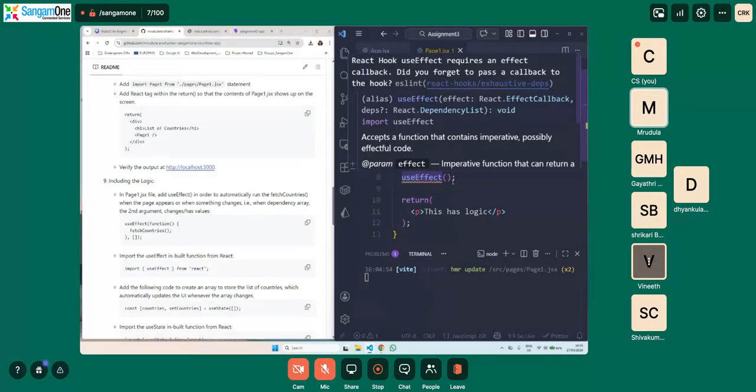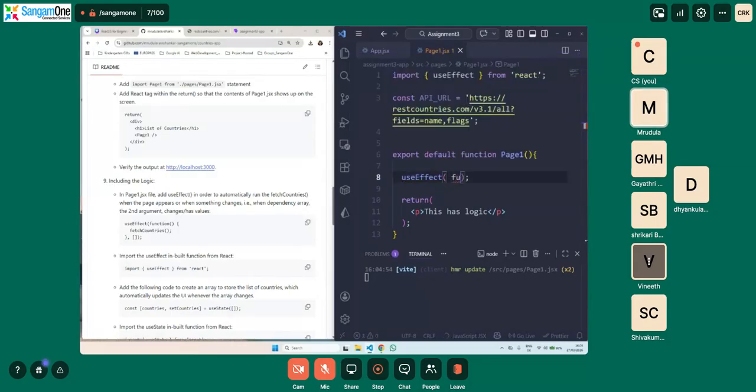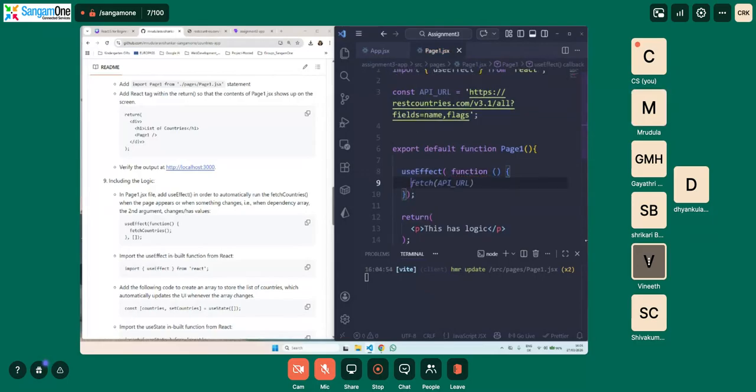So for that, we will say we want to run a function, and then inside that function we are going to call another function called fetch countries, for which the logic will be written next. Okay. So the basic thing is you can of course add all the logic inside the useEffect. It doesn't matter, but it is always easier if you define the function outside the useEffect, so that any changes you make may not affect it.